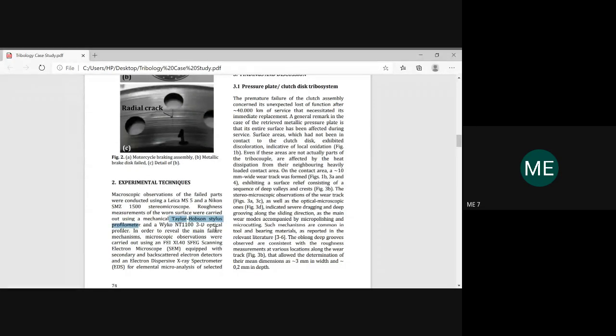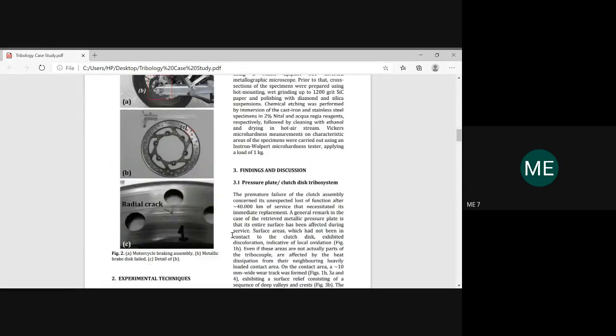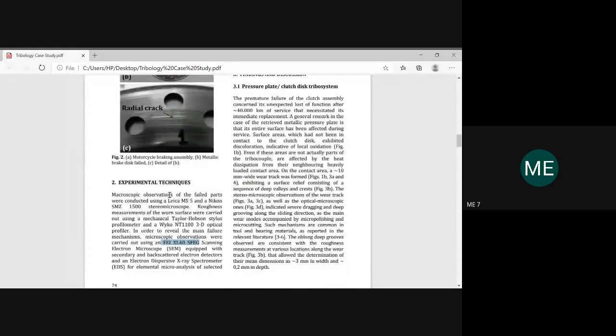Also, the failure analysis is identified by using SEM. FEI will provide you the specification details of the equipment they have used. So these are the experimental techniques they are using. Based on that, as I told you, we have two case studies. The first case study deals with the clutch disc tribo system, where exactly